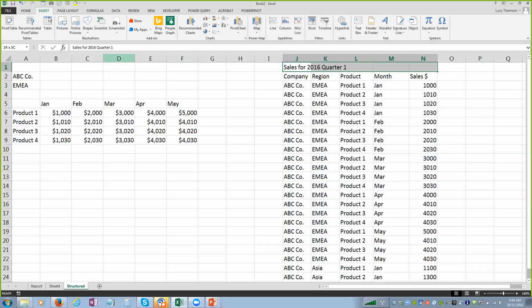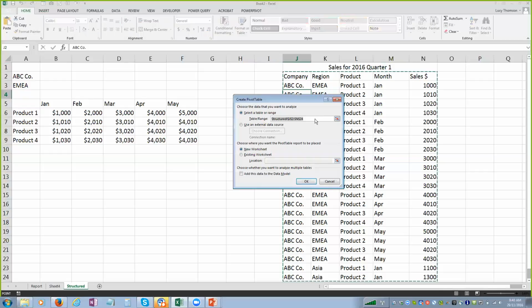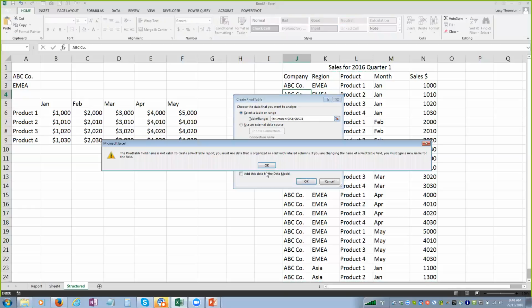So what I'm going to do is I'm going to go to here and I'm going to say merge and center. Okay. Now the problem with that is that when I then go to pivot that, if it has picked up on that and it goes from 1, let's say,